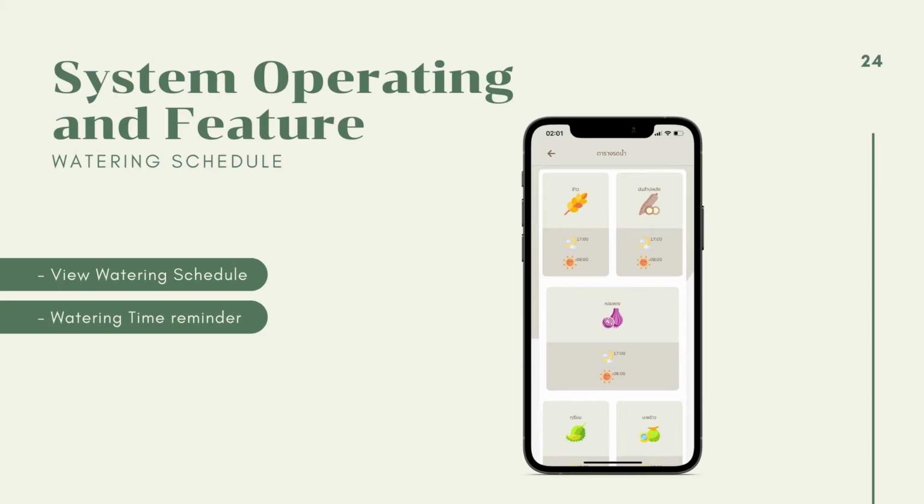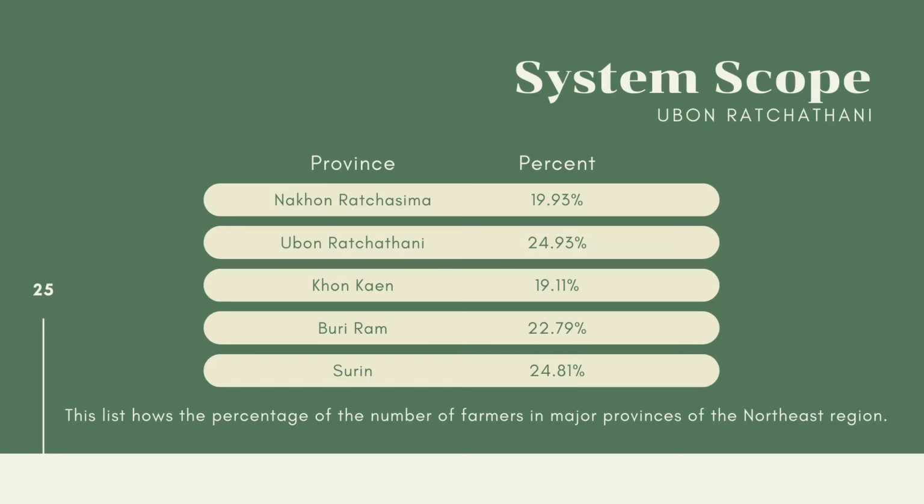Feature watering schedule. This feature offers users a watering schedule view. However, the watering time reminder had some problems during the development process, so we set it at this time and provide the prototype. System scope. To get a clear scenario of using the application,